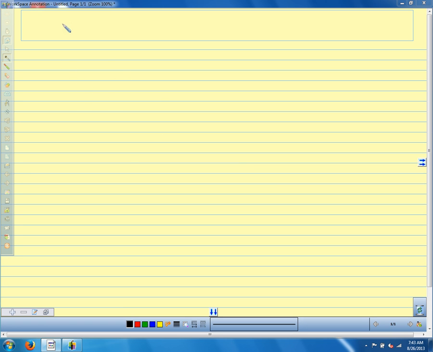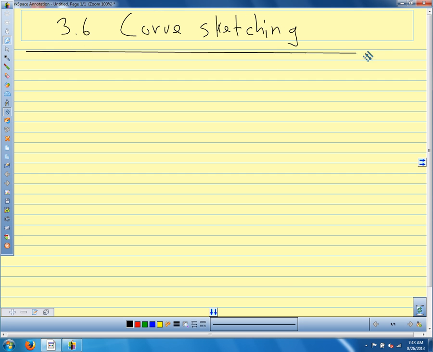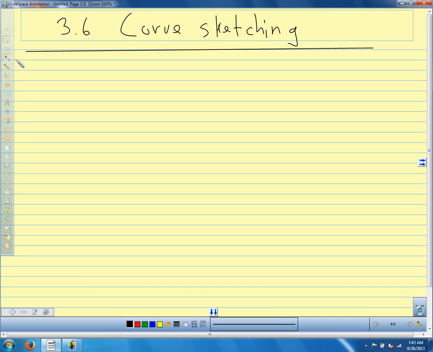Right, so we're in section 3.6 in our book. And we're going to talk about curve sketching. So we're thinking that we have to sketch a curve. We have some kind of function. We have a description of it, and we want to figure out what the graph of that function is going